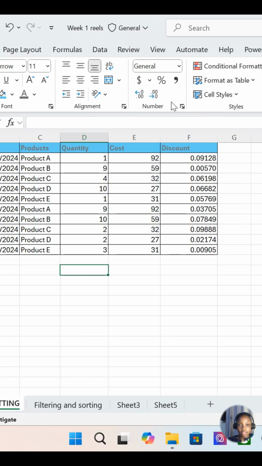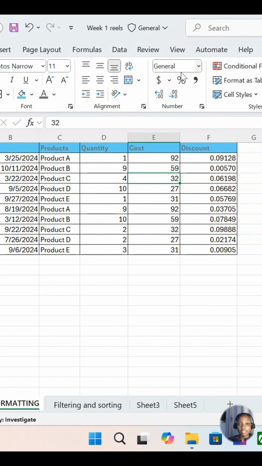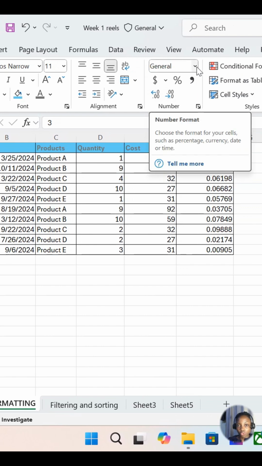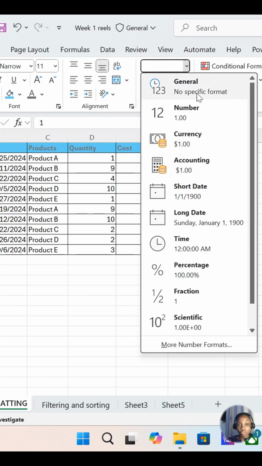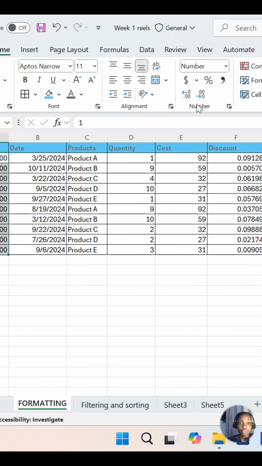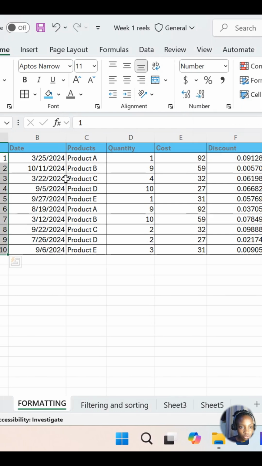Another important formatting in Excel also includes specifying a particular data type or number format, and that can be found under the numbers group. Presently the data we have here has general number type, so we can highlight it and then specify that it is actually a number. It has formatted it as 2 decimal places, so we can reduce decimal points by clicking this twice, and so that is that.